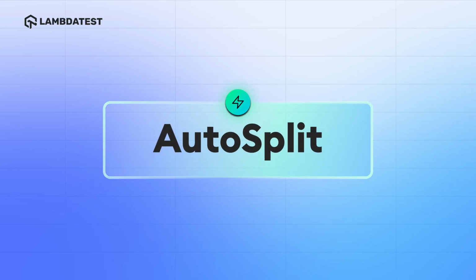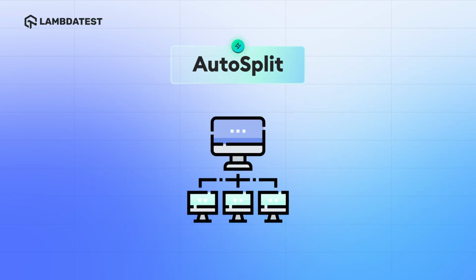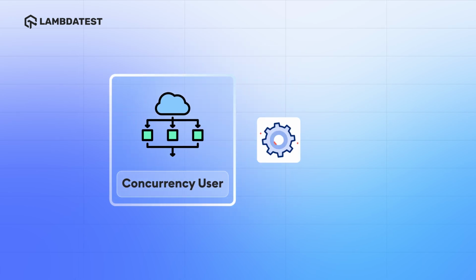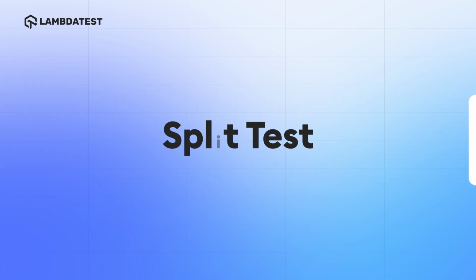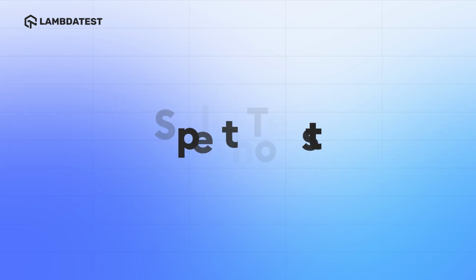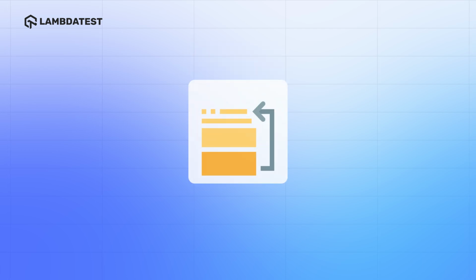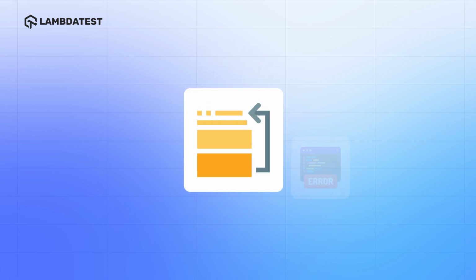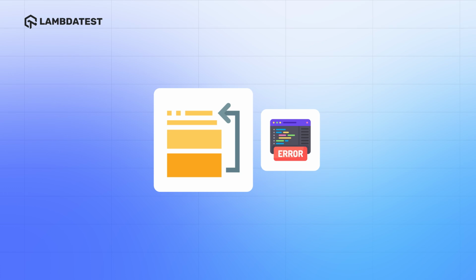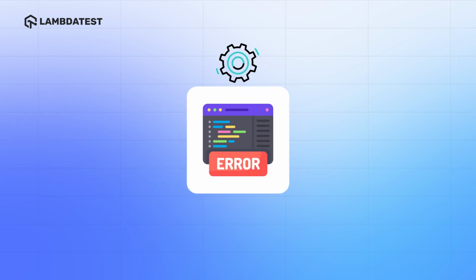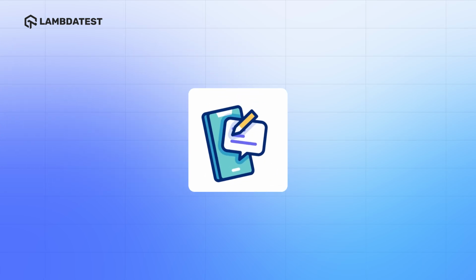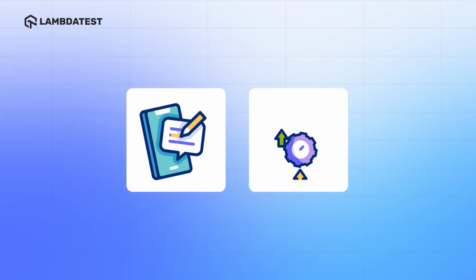The HyperExecute auto-test splitting feature enables you to distribute tests across multiple virtual machines efficiently. This strategy ensures optimal concurrency usage by allowing you to split tests based on various levels such as methods, scenarios, or tags. Also, it has an automatic reordering mechanism that prioritizes flaky tests that failed in previous runs. This means the tests that failed last time are run first, providing quicker feedback and improving efficiency in identifying and